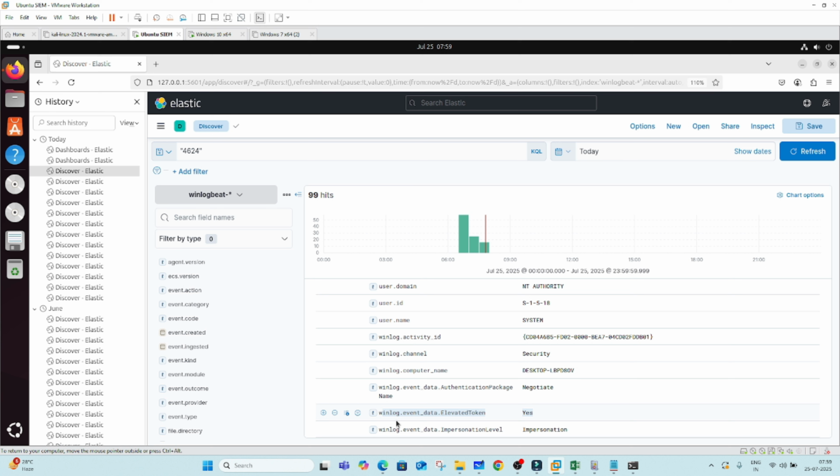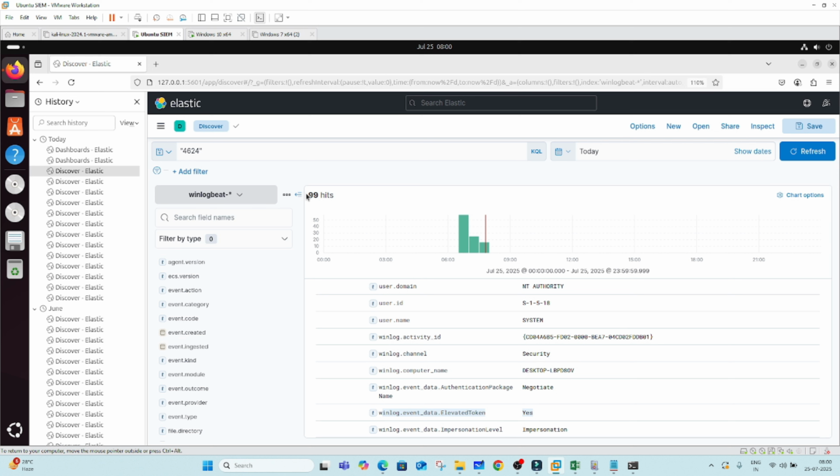And why is it important in cybersecurity? Service logins are normal, but attackers can exploit services to maintain persistence. If a suspicious or unknown service logs in with elevated privileges, it could be a sign of malware or privilege escalation. So we need to monitor event ID 4624 with logon type 5, which helps in detecting automated behavior or malicious service creation. Here we can observe 99 hits. So many logins happened automatically for services, antivirus, like that.